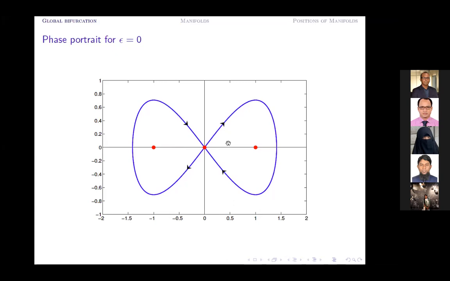And just keep in mind, you may be confused that although I have mentioned there is a change in stability behavior of these two equilibrium points as epsilon passes through the value 0, keep in mind that here the homoclinic loop is formed at the point 0, 0. That means the property of this equilibrium point is not going to change with the variation of the parameter, and hence from linear stability analysis you cannot predict the appearance of this kind of homoclinic loop.